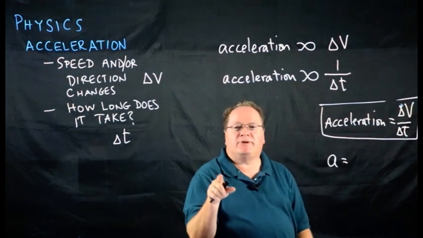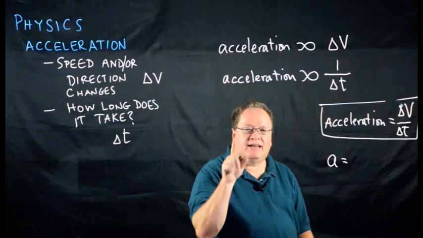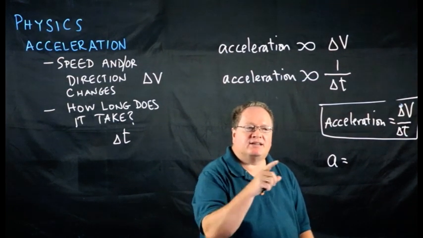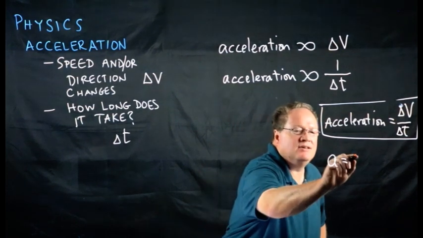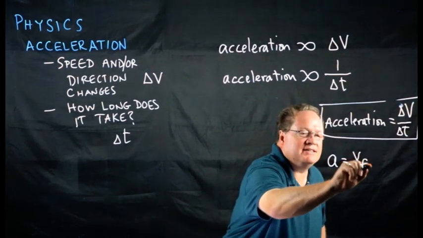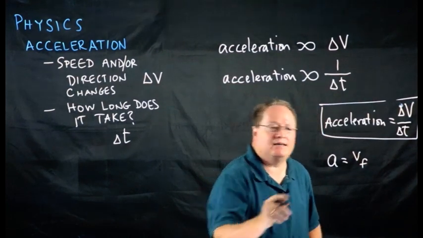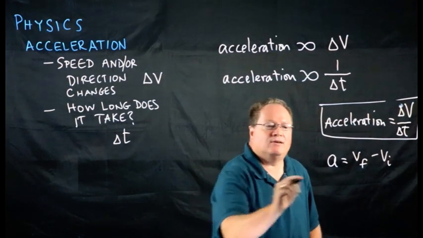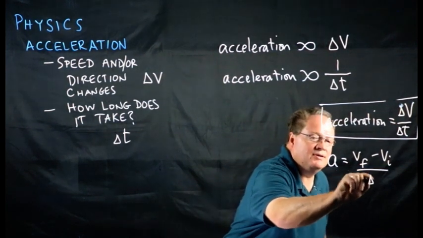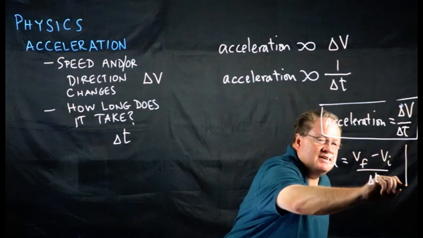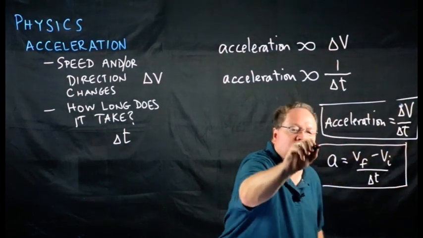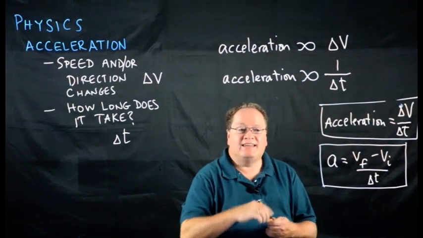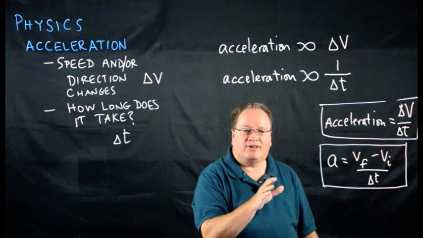And you might remember from yesterday's video, delta anything is the change that occurs. And we can expand delta V by saying the final velocity, how fast it's moving at the end, minus the initial velocity all over delta T. This formula right here, you guys, is going to be one that we're going to come back to over and over and over again. But this is the formula for acceleration.